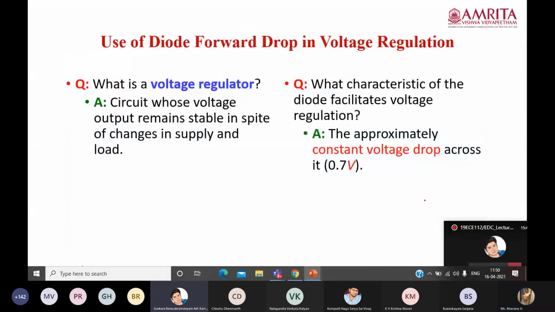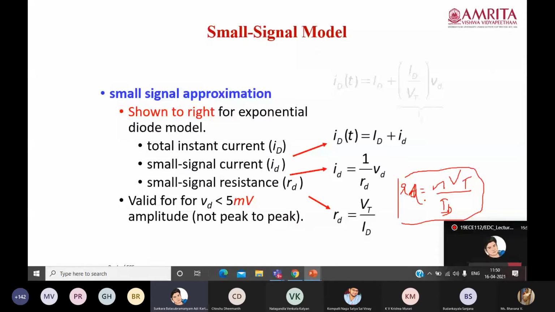One part is left out in the derivation, ma'am. Tell me. Why you took vd of t by NVT is less than 1, ma'am, in one part before this one? Signals should be very small. Otherwise the output will get distorted. Whatever AC signal you are applying, it should be very small, preferably in millivolt range. Ma'am, even if it is not less than 1 also, we can expand that exponential, no?